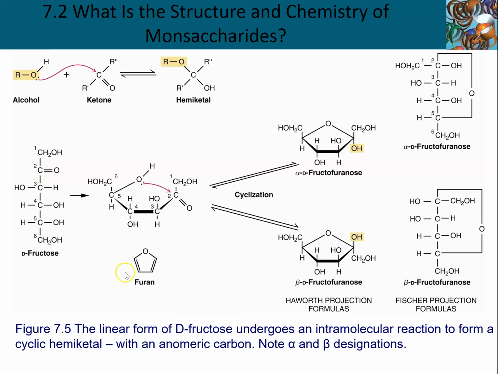And this is why these are called furanoses, because they resemble the 5-membered ring of a furan, which has that internal oxygen. And everything else about the rationale that we discussed in the previous slide applies here, including drawing a fissure of the cyclic form, as well as what distinguishes something alpha from beta.